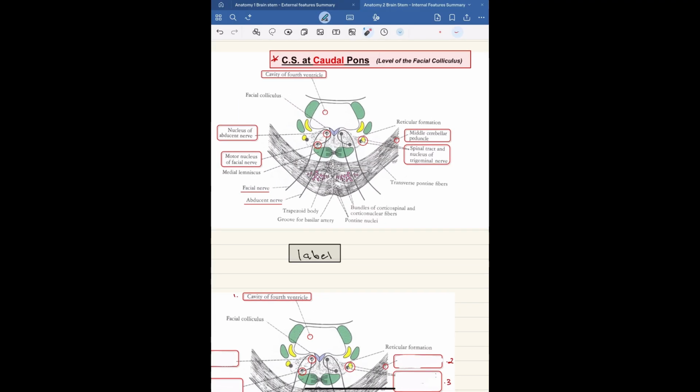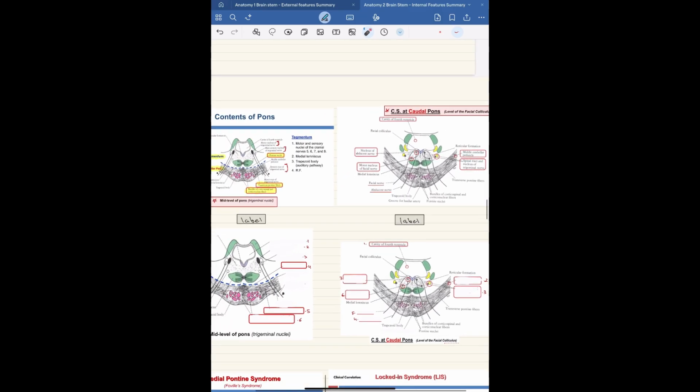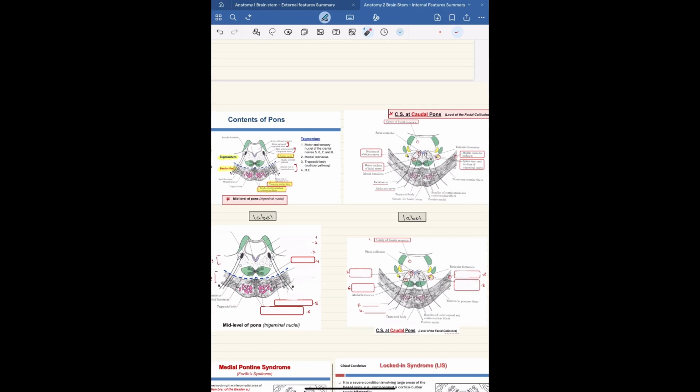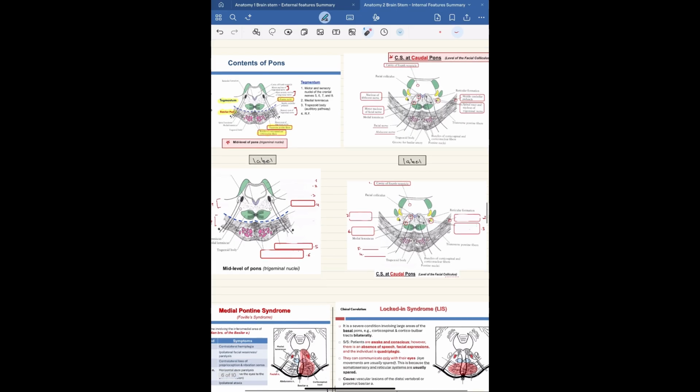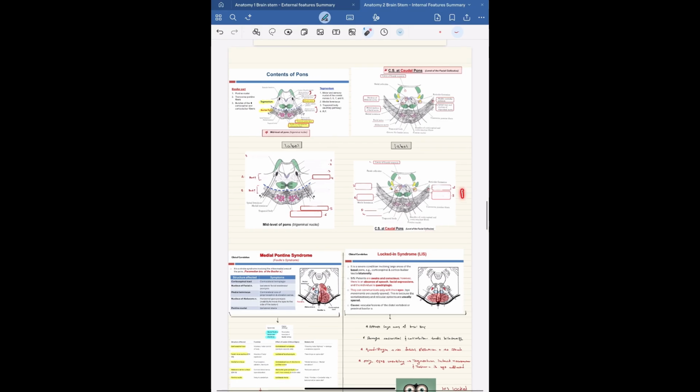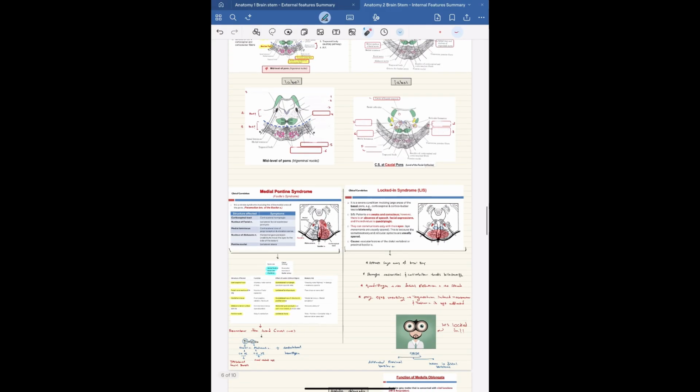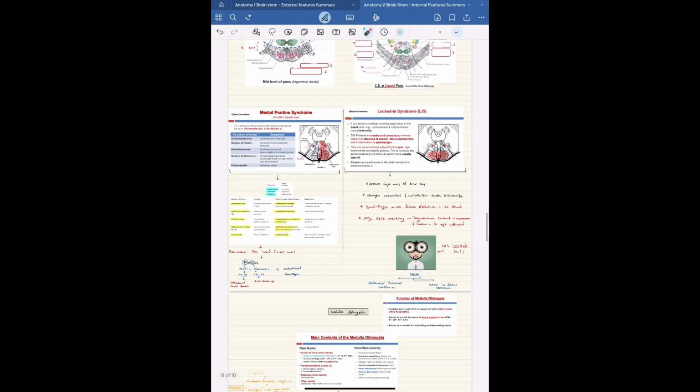And here you see the additional structures: the middle cerebellar peduncle, and you have the spinal tract and nucleus of trigeminal nerve seen in this area. Okay. And in both cut sections, notice the fourth ventricle seen, which makes sense at that level, right? Again, I encourage you to start labeling and test yourself. Now, let's go through the